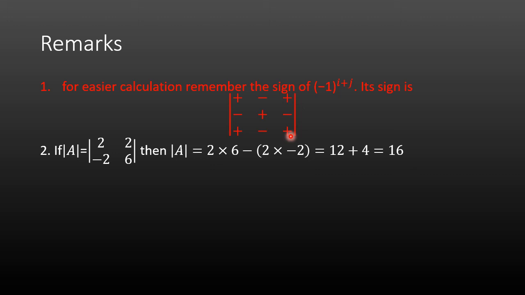Now the second thing: if any matrix is multiplied by any number, here this is a matrix A which is multiplied by 2. So when we find the determinant of A, its value is 16. Now, in the determinant of A, we can take 2 common from both the first row and the second row. So we have taken common 2 from the first row and 2 from the second row. Then the remaining elements in the determinant are 1, 1 and minus 1, 3.